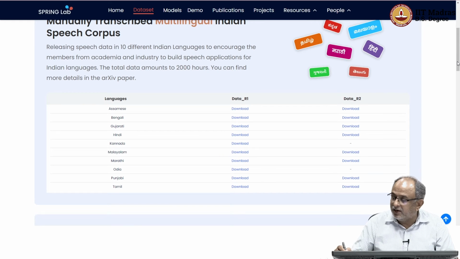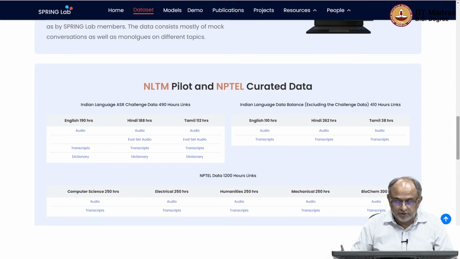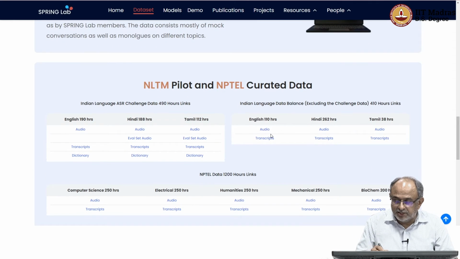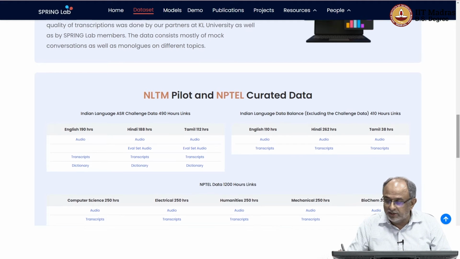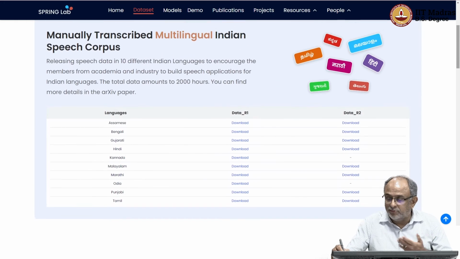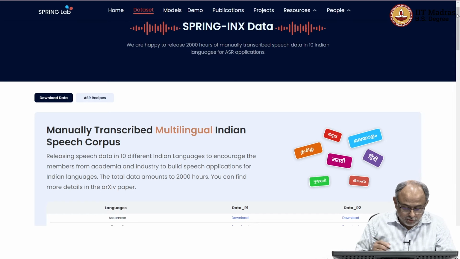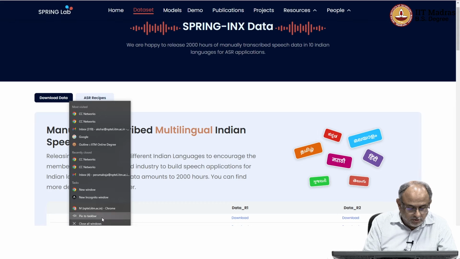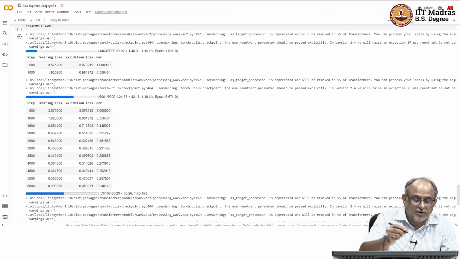Indian English data is not here, but you can use some of this. These are all Indian English data. Okay, English 110 hours, English 190 hours. If you have all this data, you can actually build a very good model. Okay, and the model that you are showing is kind of built on these kinds of data, right. And you should get the kind of performance that we are talking about. Okay, with the kind of setup that we have, you should be able